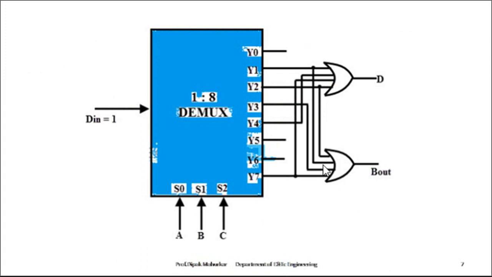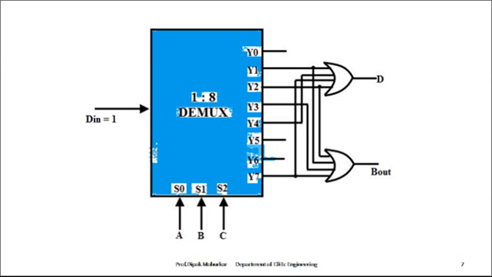See the 1, 2, 3, 7. This is nothing but 3, this is your 1 and this is your 2. Okay, we can take the connection from this side or directly we can connect, again it is okay. So in this way we can implement the full subtractor using the demultiplexer. In one line, a demultiplexer has one input and many output lines. The input will be routed to one of the output lines, decided by the select input.